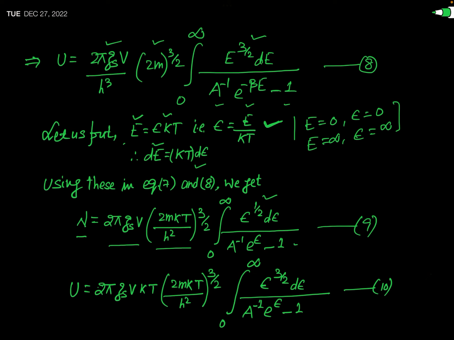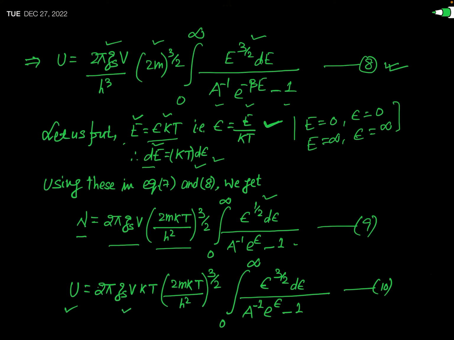And when you write the expression for U defined in equation 8, the only difference will be in the power of E. So when you substitute this value of E, that is, instead of E you write epsilon kT, and instead of dE you write kT d epsilon, then the expression for U will be like this. This is U equal to